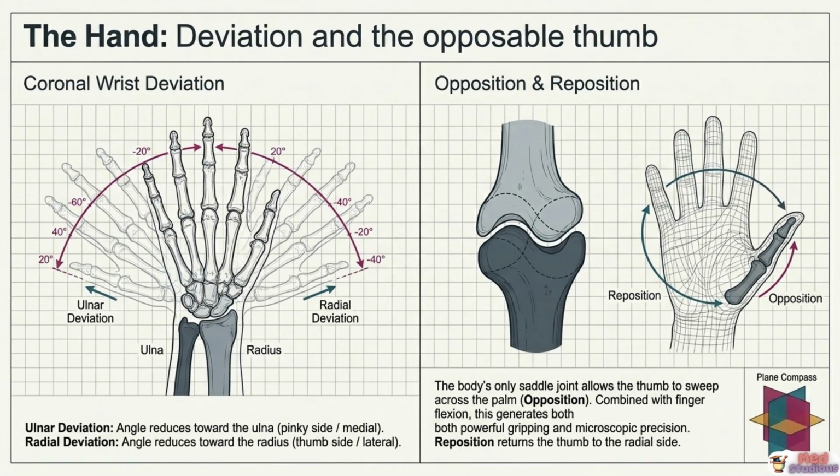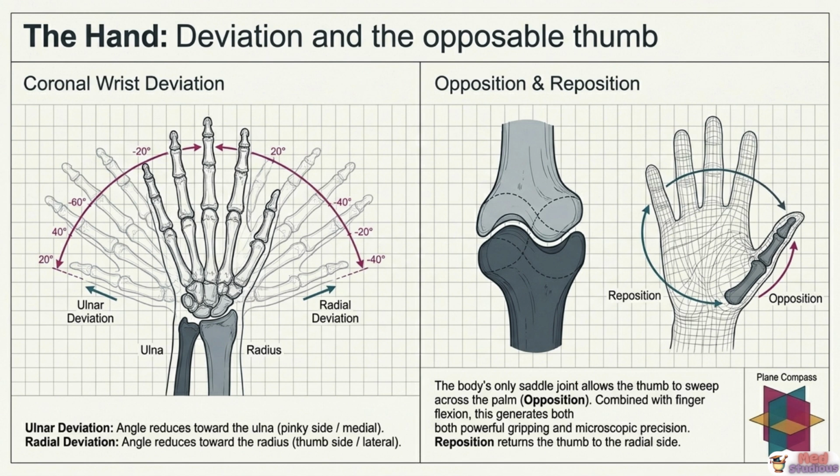The hand is arguably evolution's greatest mechanical achievement. At the wrist, the hand can perform coronal wrist deviation, bending toward either side. Ulnar deviation angles the hand toward the ulna, which is the pinky or medial side, with a normal range of about 40 to 60 degrees. Radial deviation angles the hand toward the radius, the thumb or lateral side, with a smaller range of roughly 20